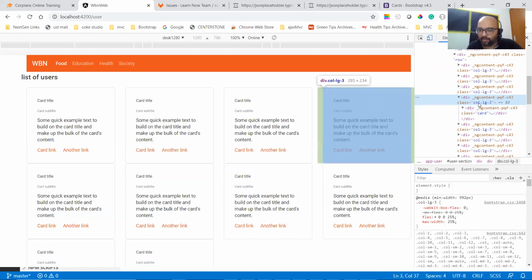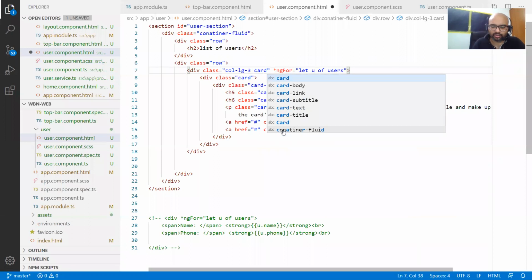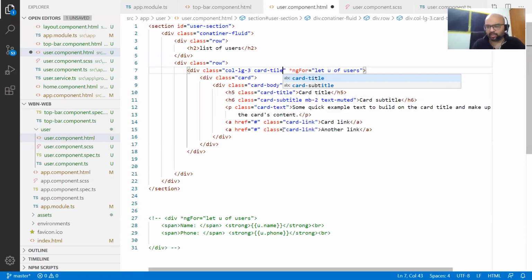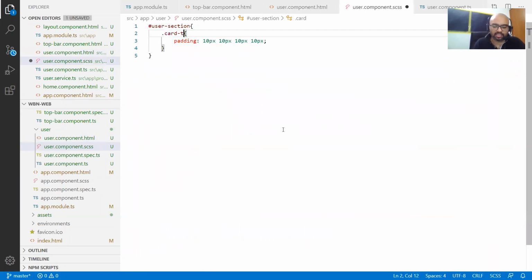So we need to apply basically here, not in the card, at the LG3 level. You understood what I'm saying? Actually, I wanted to reduce or remove the padding from this column level, not card level, column level. So what I will do is here I will introduce a class. I say card tile, the best name, because this is one tile. So card tile.